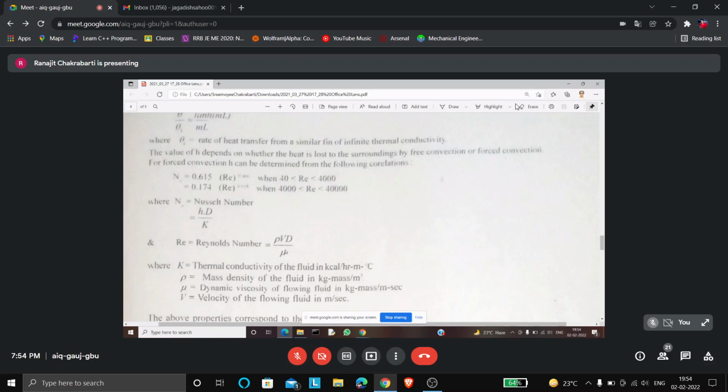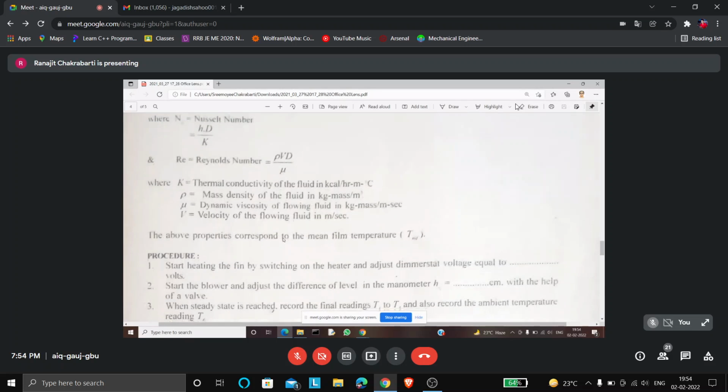This mu you can get from the property chart, rho also you can get from the property chart, d also is known, but V has to be determined. So now the entire problem goes to the determination of the velocity of the fluid. In order to determine the velocity of the fluid,